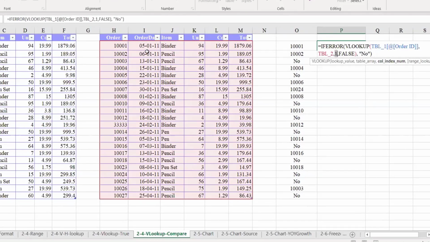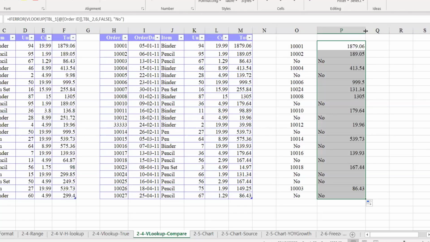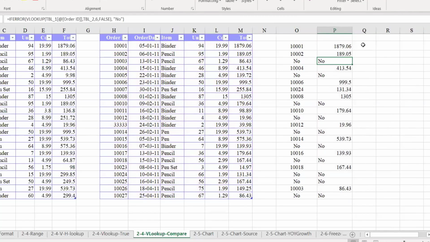This is 1, this is 2, this is 3, this is 4, this is 5, and this total amount is 6. We'll put this column index, this is highlighted, right? Column index number. So we'll make it 6, and press enter. So it is going to give you this amount. So when I drag it, it is giving you this amount. So now when I minus this, we can see whether this amount and this amount are the same.